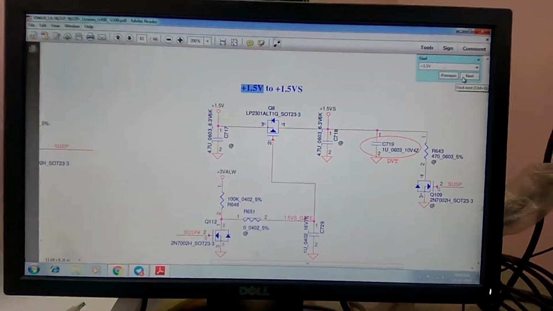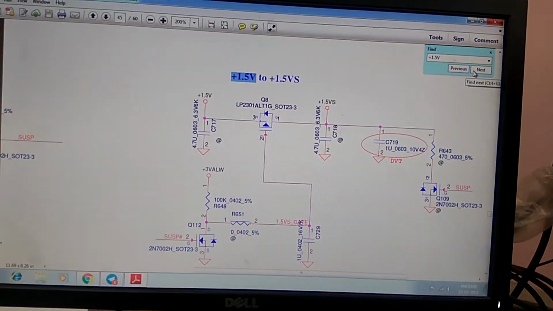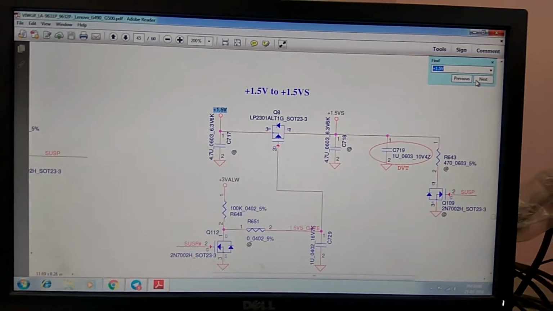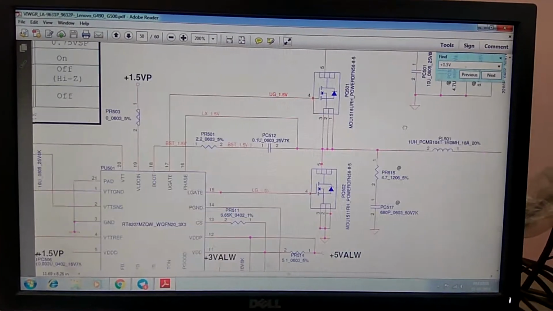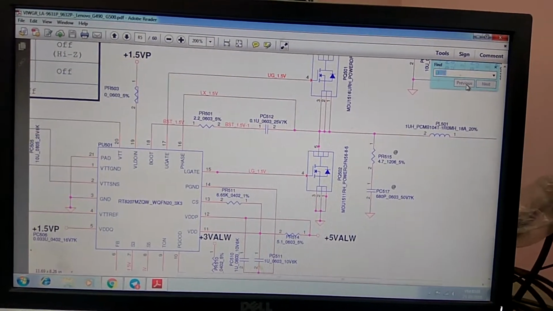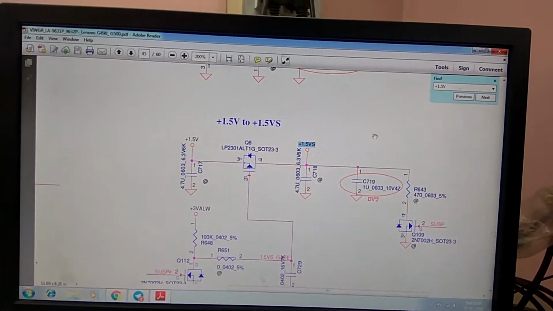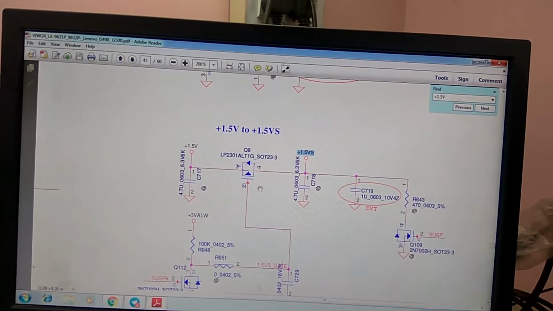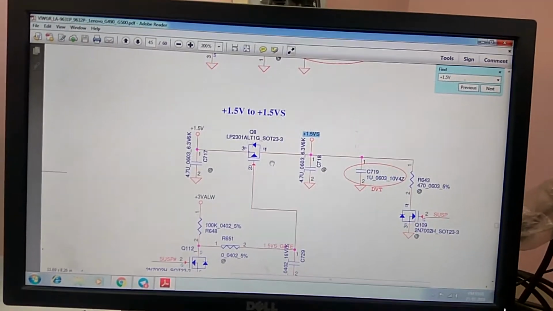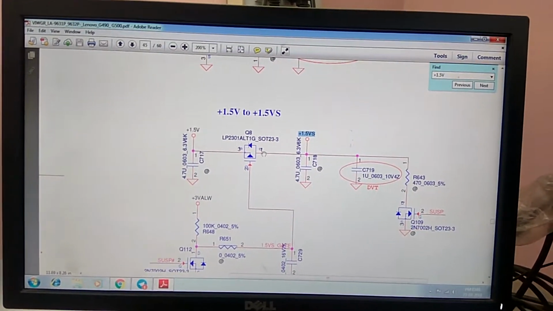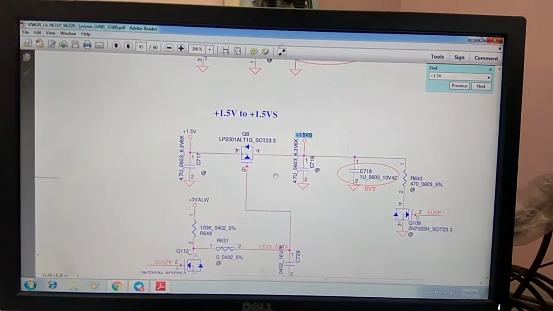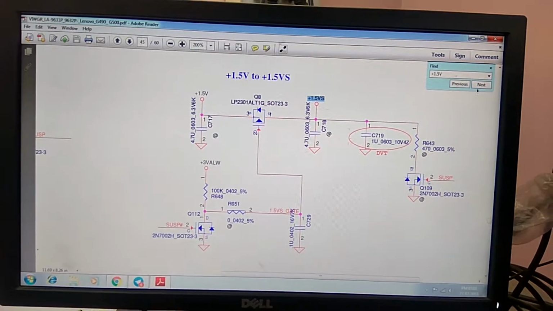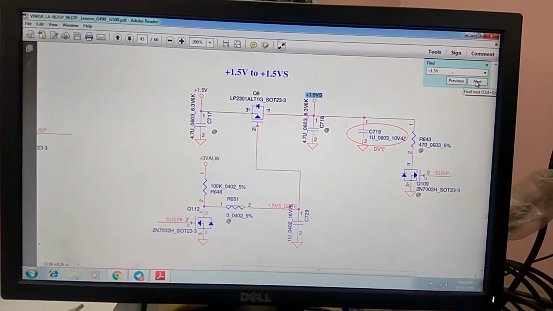First search, then I will tell you why I am marking this component. Okay, 1.5 volt. No, everything is finished. Why I am marking this component? Because I have to check the impedance of output side. Okay, is there any sorting on this output side or not on every section? Okay, on every section. For checking the impedance,